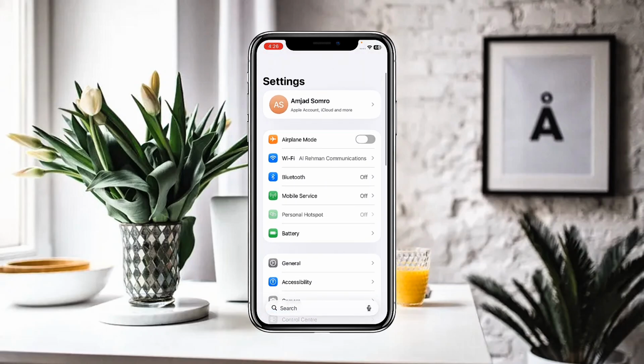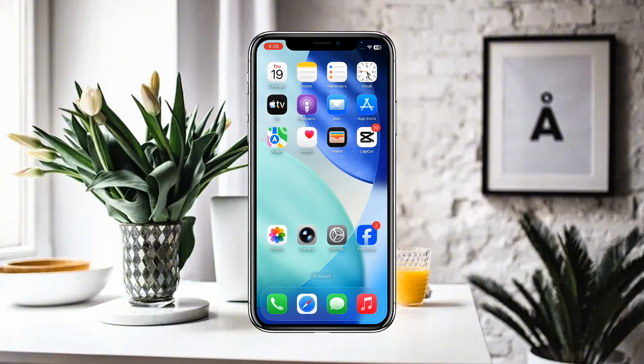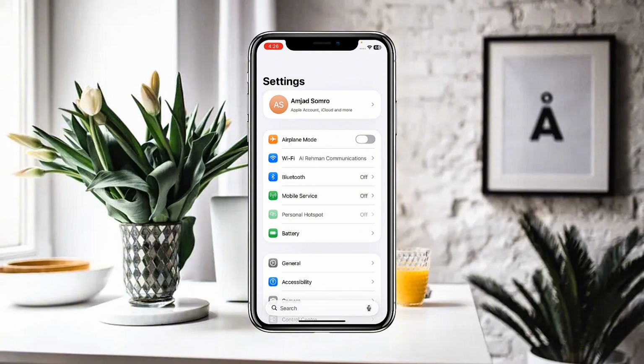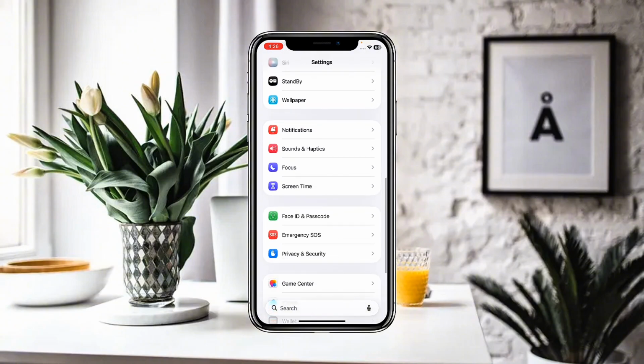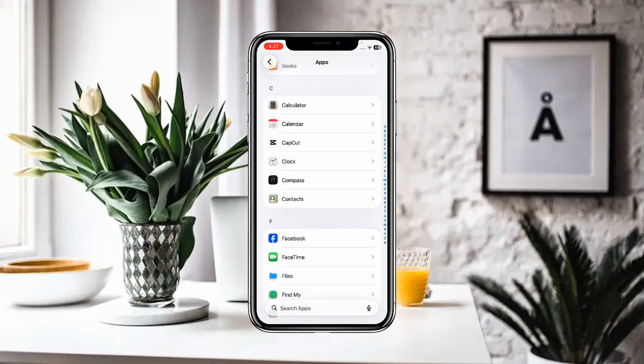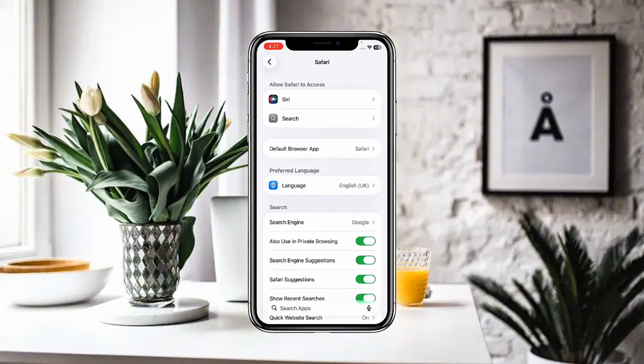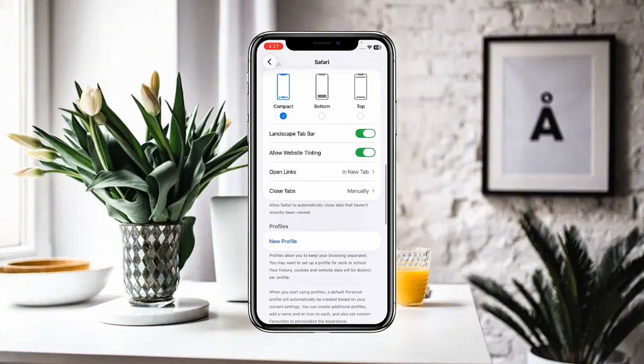Now what you have to do, you have to simply open the Safari here, and here if you see any of the history and you want to delete any browsing history, then there is no option available. But if you want to delete it, then you have to simply go to settings, and this time you have to search for the apps, and in apps you have to look for the Safari app, and in Safari app you will find the option related to delete history. So you have to simply click on that, and as you click on that, here you will find the option of clear